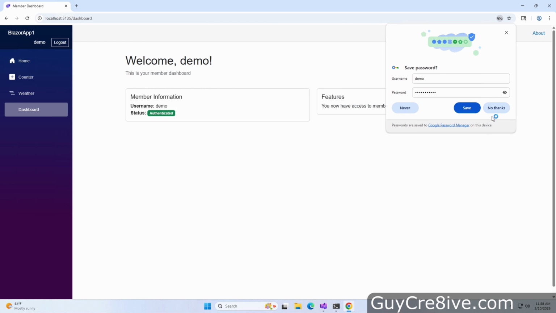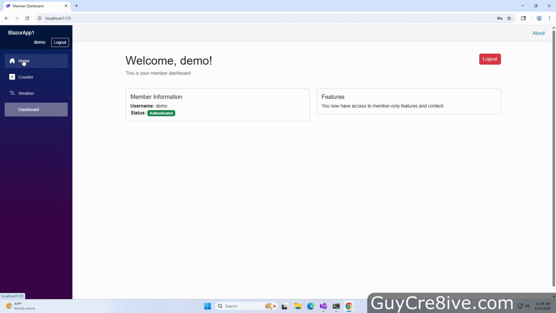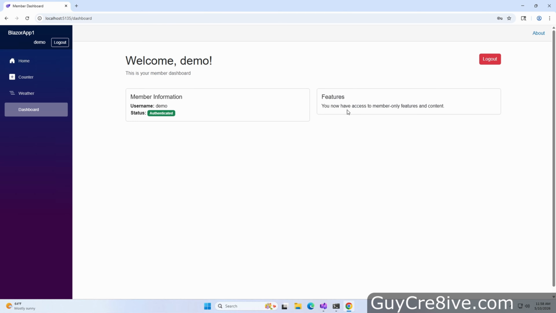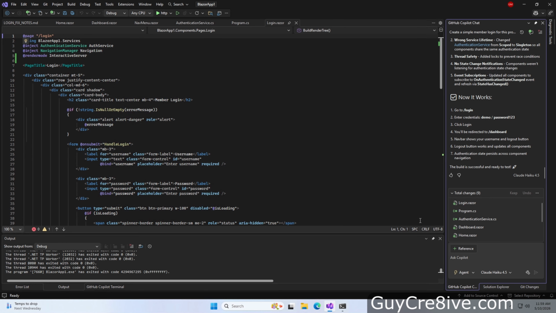And this time the login sends me to the dashboard, so I will go through the sample pages to see if they still work, and they do. I'm quite impressed with how well Copilot and Claude process my request. The logout in the nav menu doesn't work properly, so I'll go over and click on the other logout button, which seems to work, so it's not perfect yet, but this makes it way easier to develop apps and learn